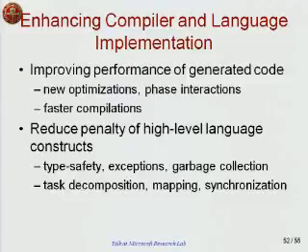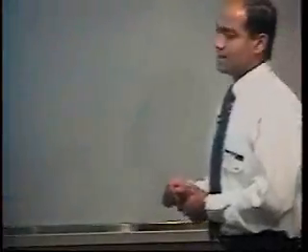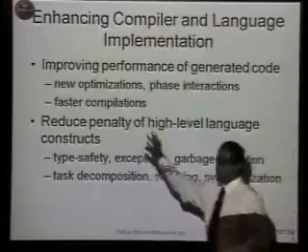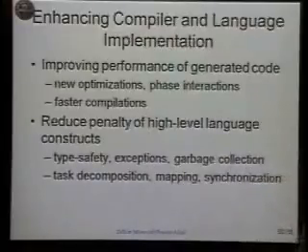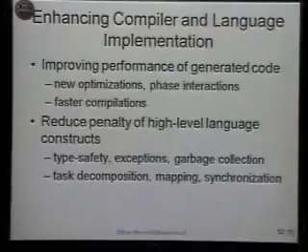So based on those trends, one of my main areas I want to work on in the future is enhancing compiler and language implementation. This includes what I have done in the past, that is improving the performance of generated code by using optimizations. The first is developing new optimizations for new architectural features that are introduced, or using phase interactions to develop new intermediate languages, better languages, and to generate better code. At the same time, the faster compilations that I described are important in a static compiler, but they will become much more important as we move to a dynamic compiler. In a JIT environment, faster compilations are what you need.